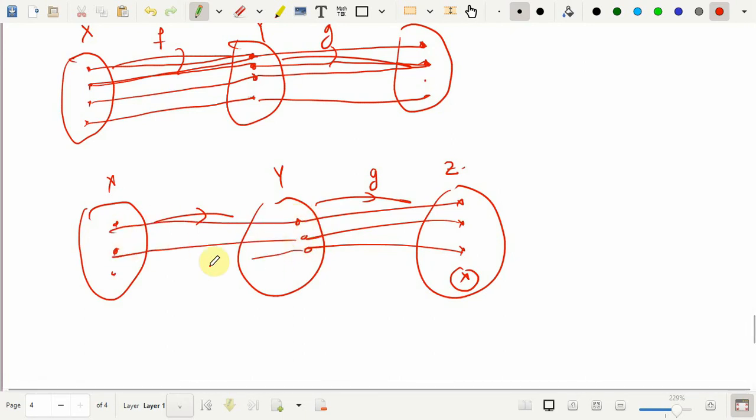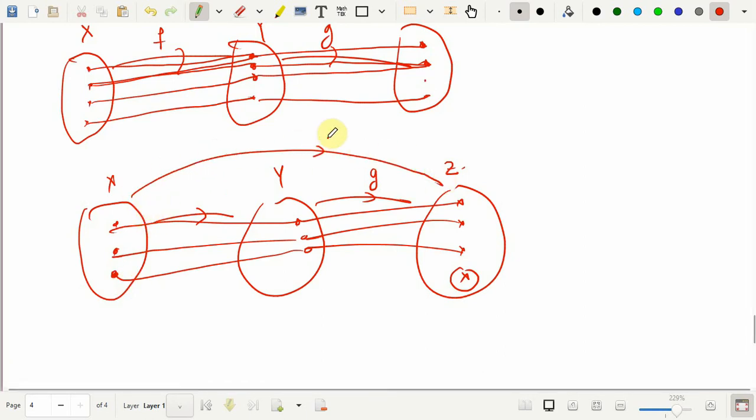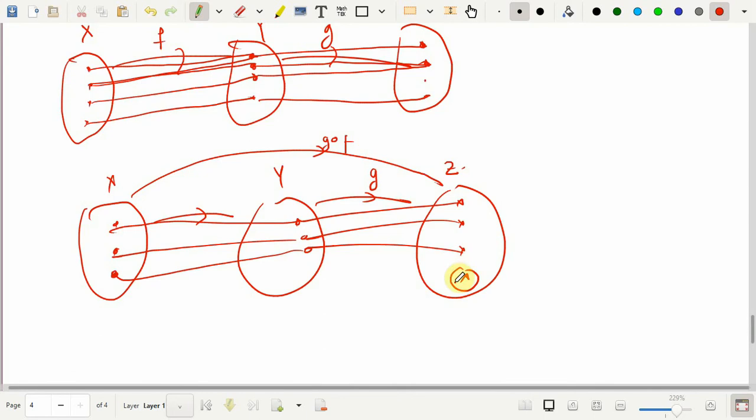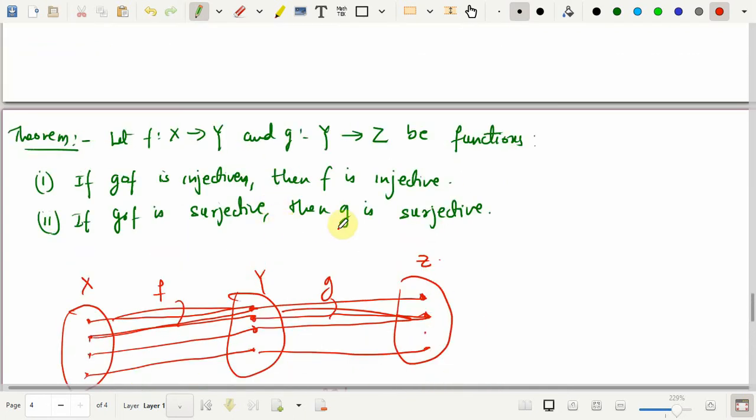So ultimately, if I go back to this, this will have some pre-images like this, and the codomain of G composite F is going to be this Z. So what will ultimately happen is that this point through G composite F is not even going to have a pre-image. That's why if G is not surjective, then definitely G composite F is not going to be a surjective map, and therefore if G composite F is surjective, then G has to be surjective. F may or may not be surjective in that case.